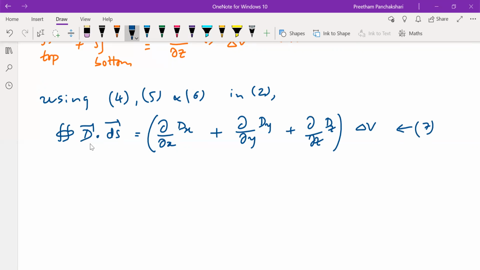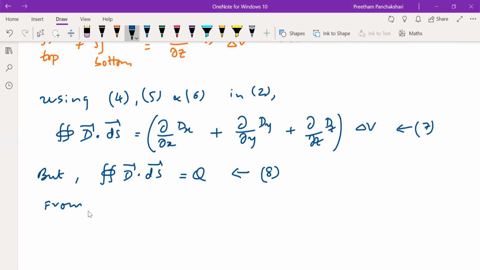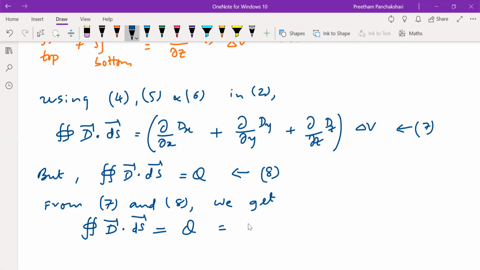But now if you consider the left side, that is the LHS of Gauss law, the closed surface integration of D is always equal to the total charge enclosed by the closed surface. This is the Gauss law actually. Now from both the equations, equations 7 and 8, we get one more relation, that is the closed surface integration of D is equal to Q, which is also equal to